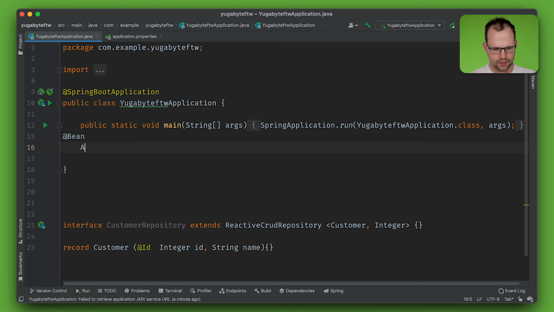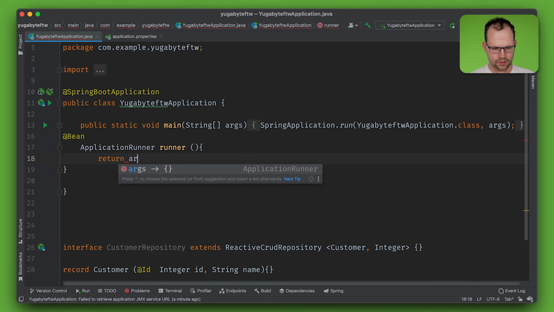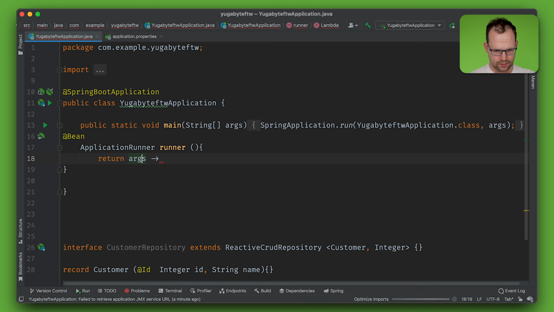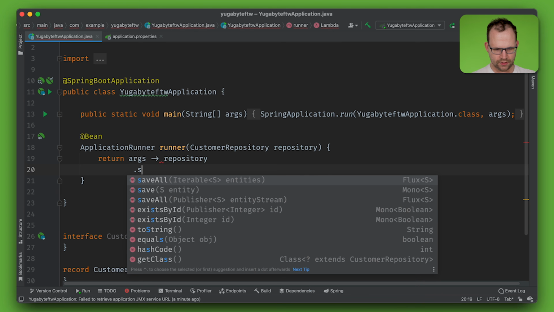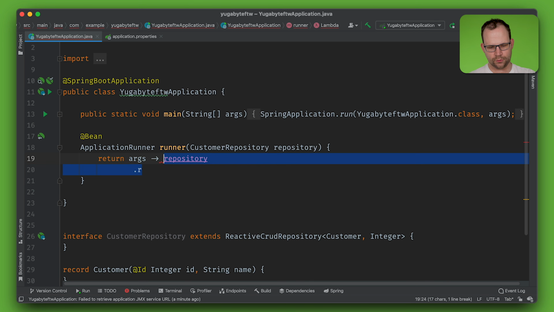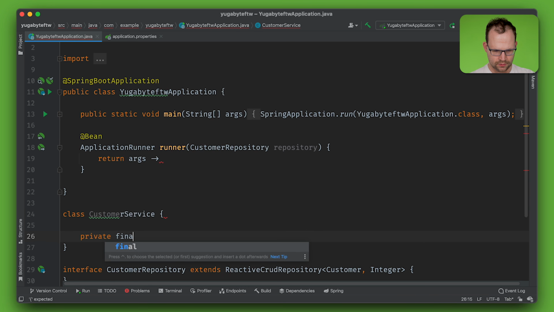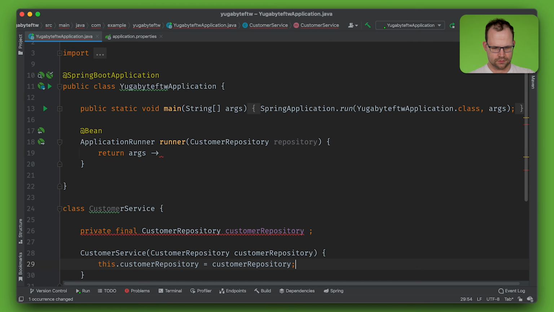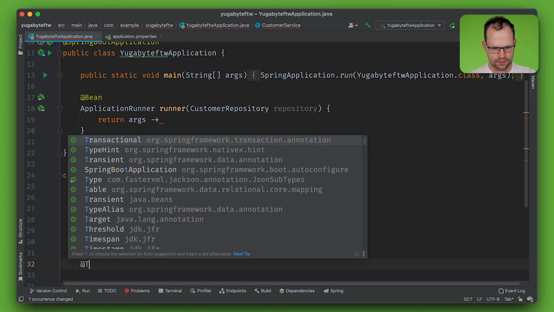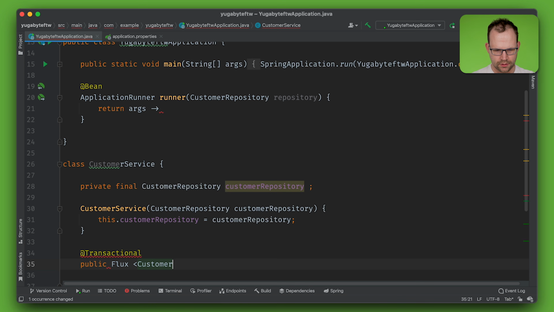So I'll create a bean application runner, right? Return args, and here we're going to just inject the repository. We'll say repository, and we don't want to use a repository. We actually want to use a service, don't we? So we'll say customer service, and we're going to say private final customer repository. All right, and we're going to have a method that we expect will do some things in aggregate. So we want to create a transaction,